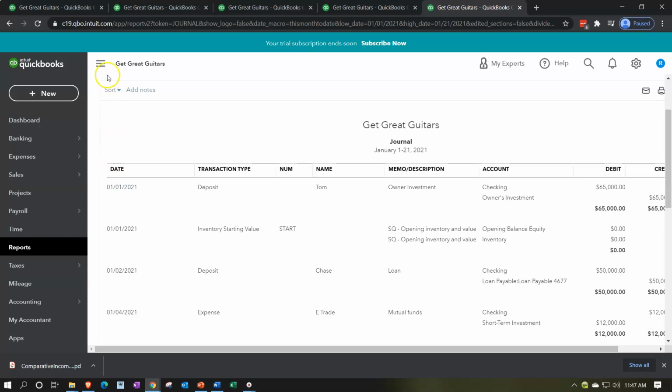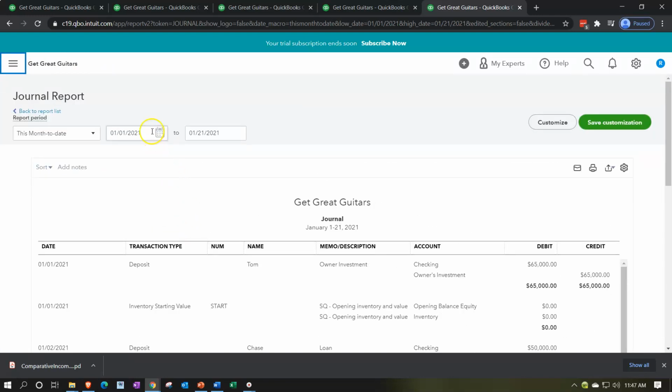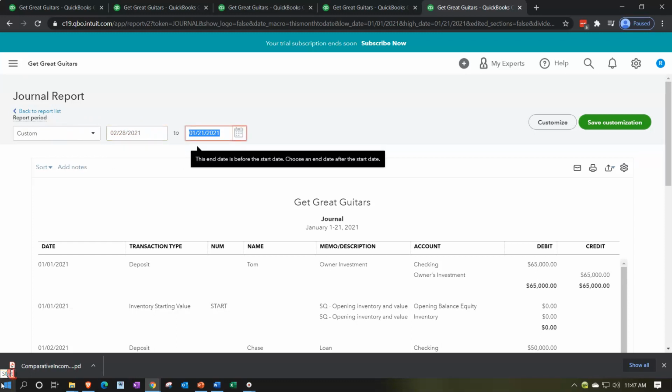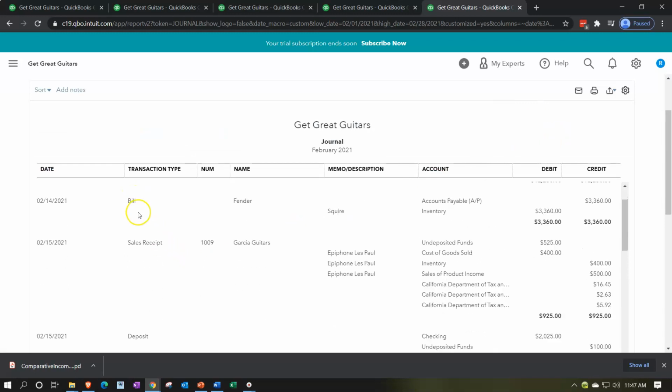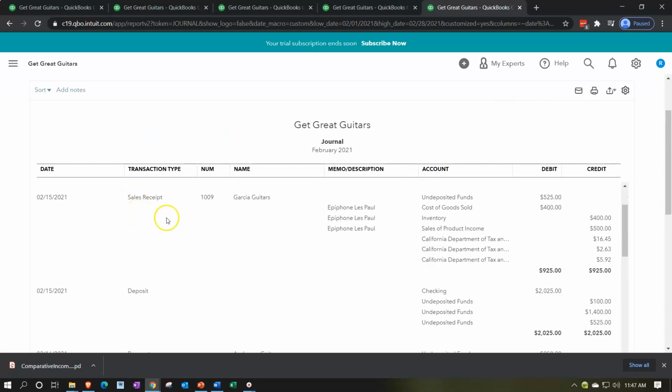So I'm going to close up the hamburger up top. I'm going to change the range just to the month of February, 02/01/21 to 02/28/21, which is the ending date, and then there we have it. So notice that we have the transaction forms here, deposit, bills, and whatnot, and it gives you the information on